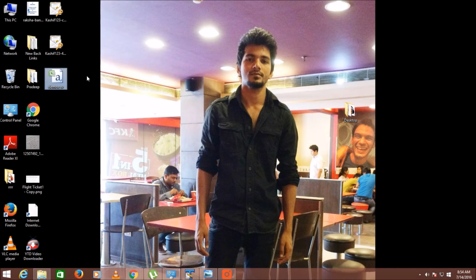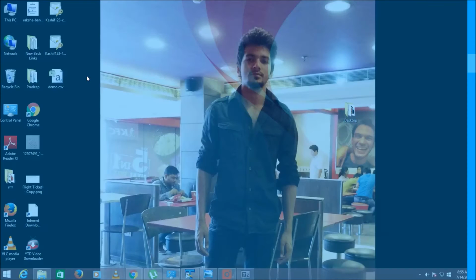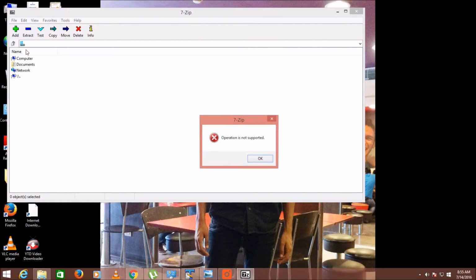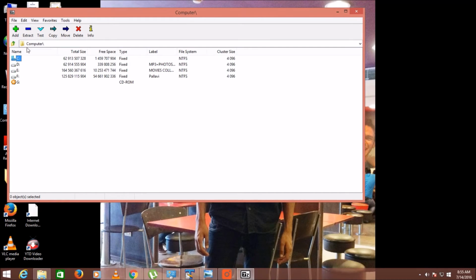So what you can do is use the compressed format of the CSV file. For that we have this 7-Zip manager. You can choose the location.